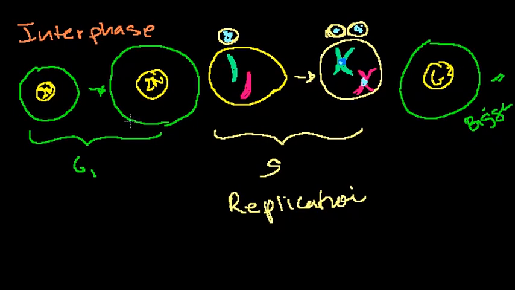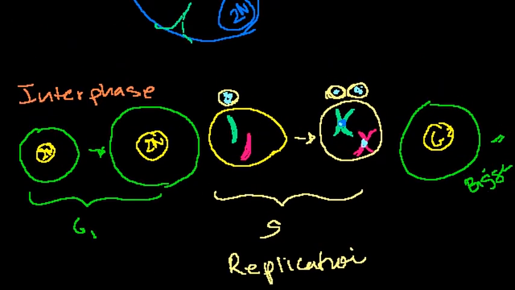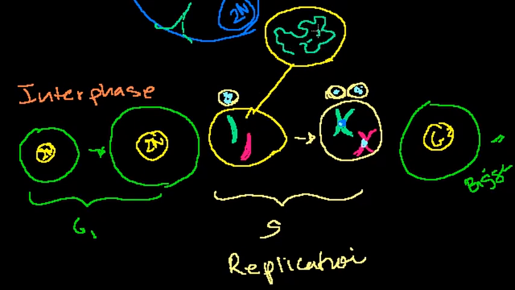Now the cell, and this is most of the cell's life, is growing and doing what it wants. And actually, I'll make a slight point here. When I drew the DNA here, I drew them as chromosomes. But the reality is when we're sitting in the interphase, this is not what the DNA would actually look like. If I were to actually draw this, it's in its chromatin form. It's not all tightly wound like I drew here. I drew it tightly wound so that you can see that it got replicated. But the reality is that that green chromosome would actually be all unwound, and if you were looking at a microscope, you would even have trouble seeing it. And this is its chromatin form.